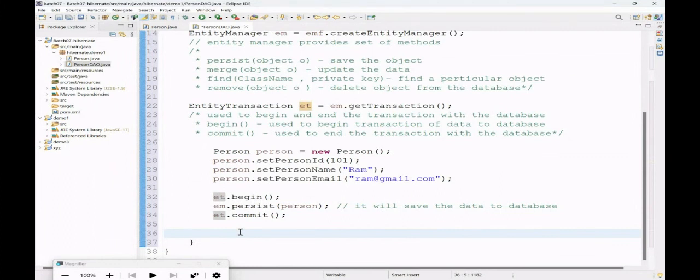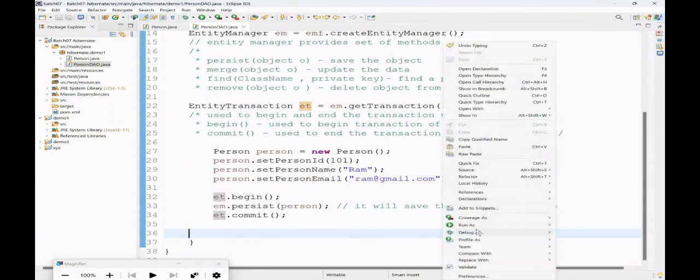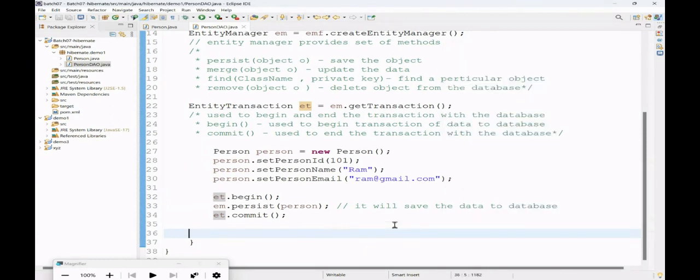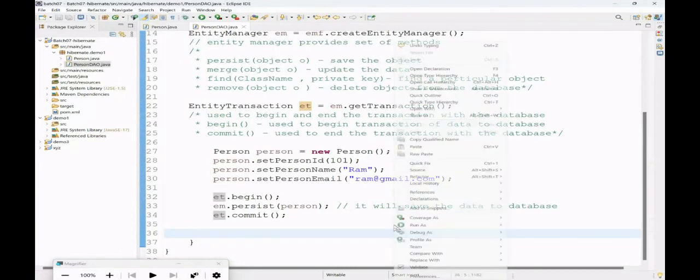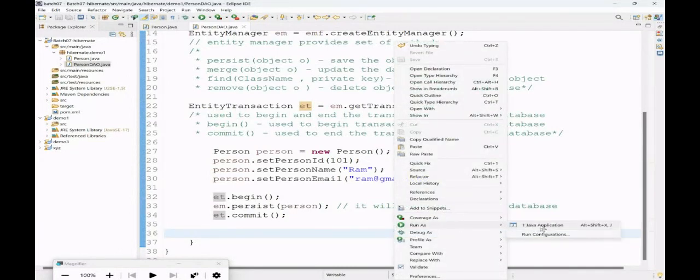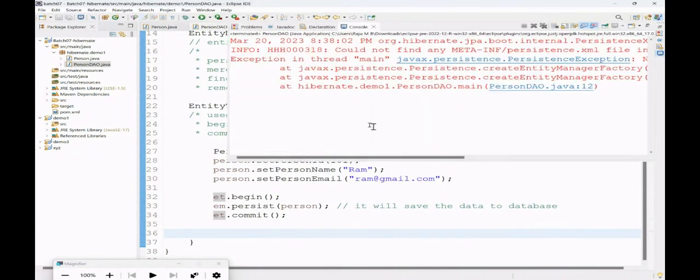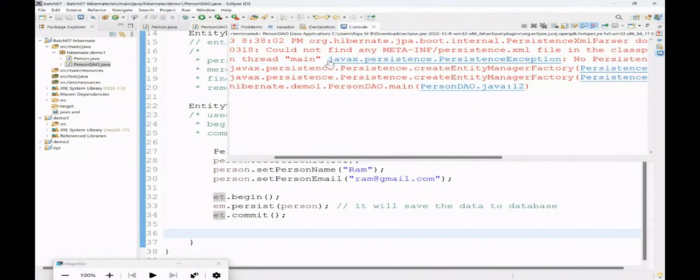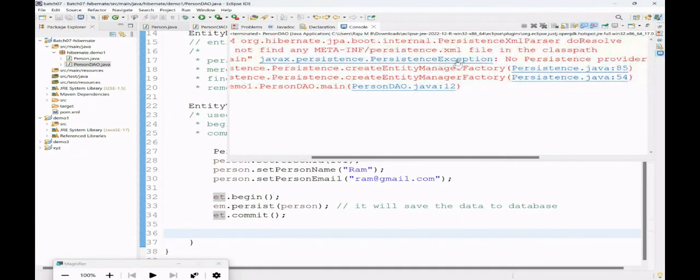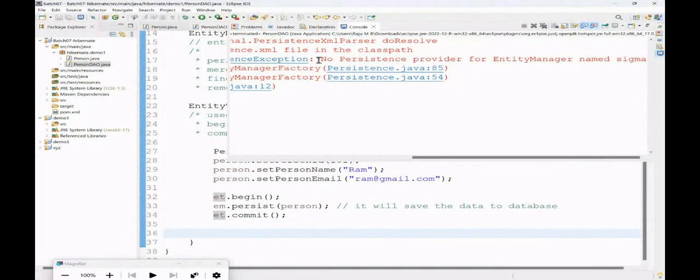Now I will try to run. I'll try to insert the data. I'll say run on server, oh sorry, you should run as application. Run as Java application, and you can see there is an exception called javax.persistence.PersistenceException, and you can see the message here: no persistence provider for EntityManager named Sigma. I have given the name Sigma in my EntityManagerFactory,